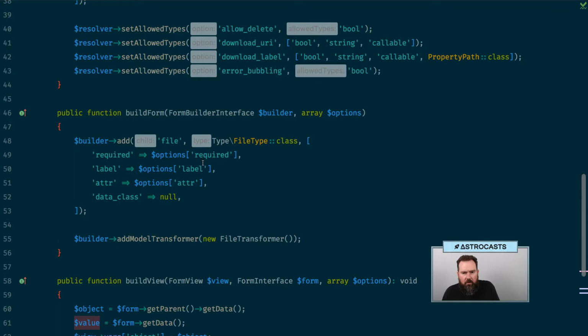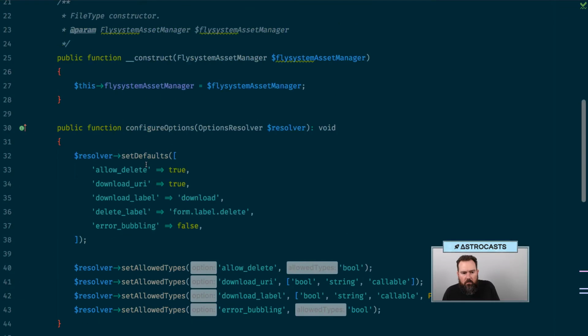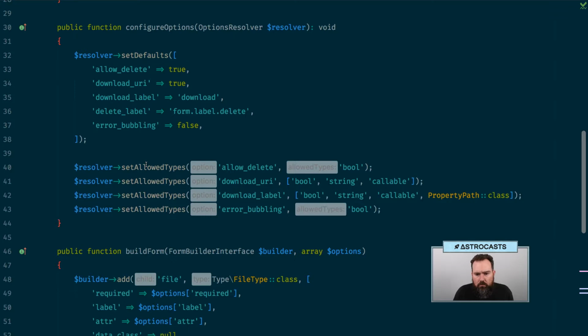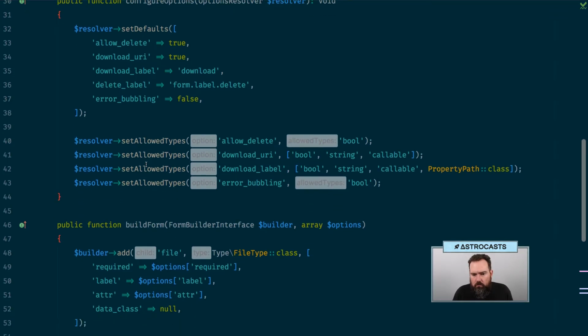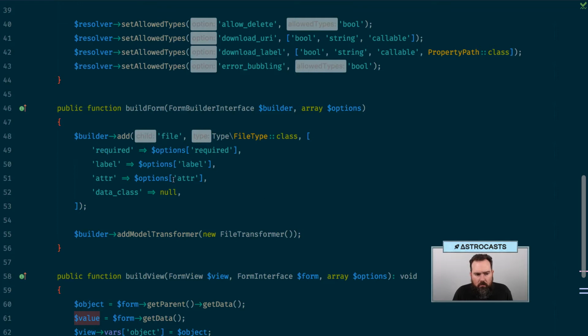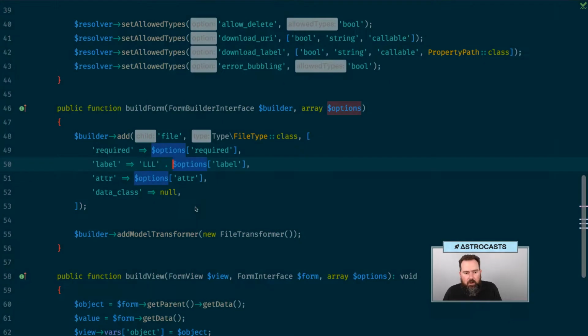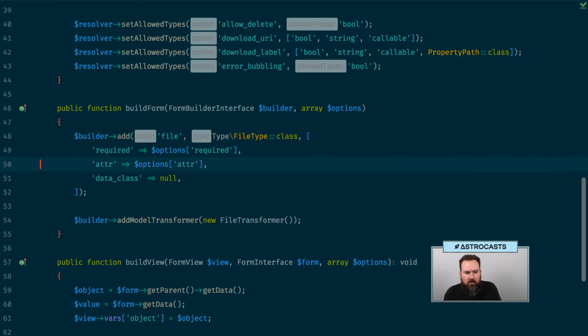Labels, getting a label. Yeah, okay, so this is coming from there. So this is adding